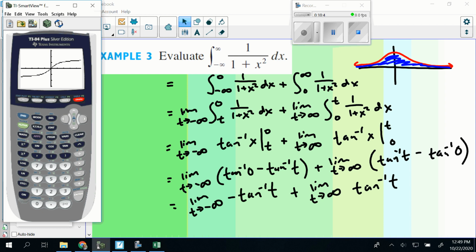What is this approaching as we go to negative infinity or positive infinity? You can trace along here to maybe start looking at what those values are. That might take you a while. It's probably easier if you jump to the table on here and look at what the table is going to be for big values. Table settings might be a way to jump up. Let's start this at, let's do the positive one first. Let's look at like 5,000. So what value do we get here? You can see it's